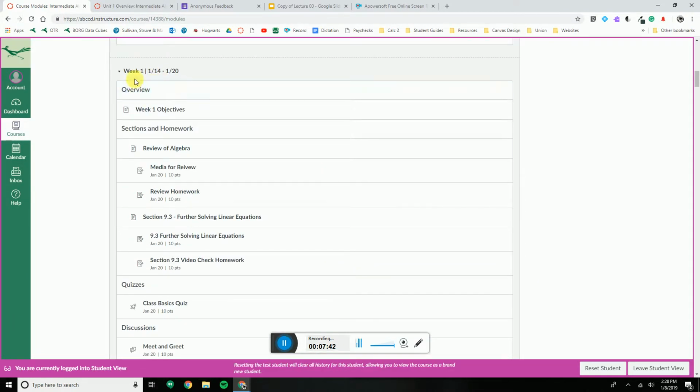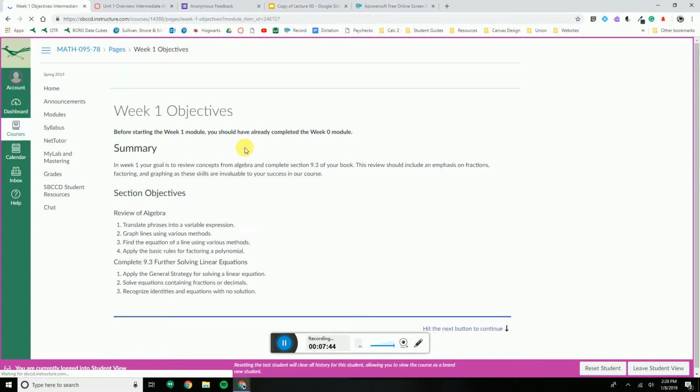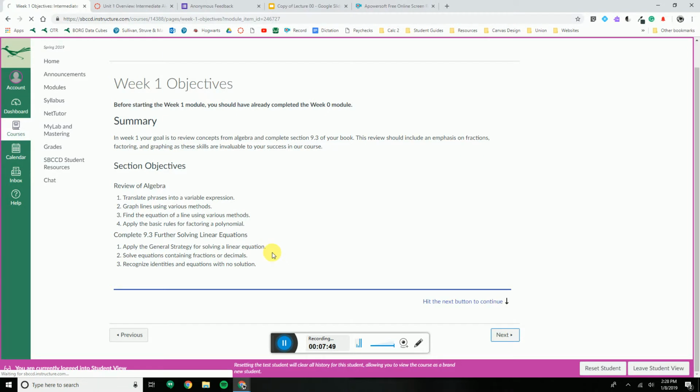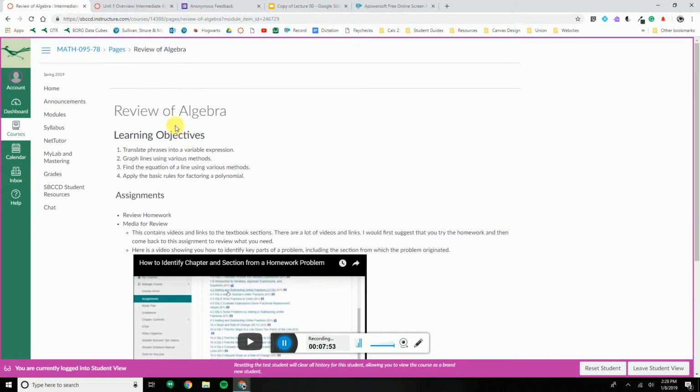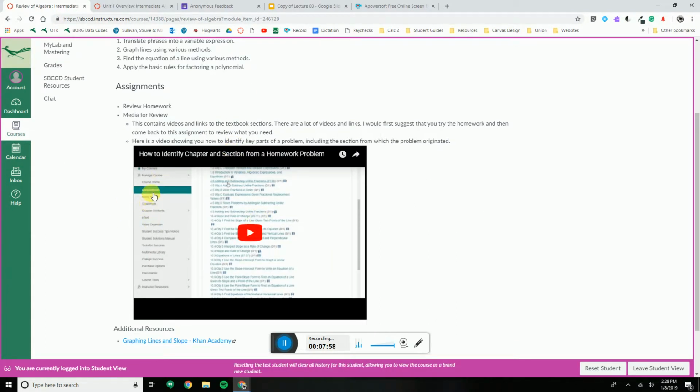Okay, so that brings us to our first week. You'll see objectives. You can read through the objectives, and then you'll hit next and get to a section of the book. So this is review of algebra. There's a video showing you how to get to My Math Lab and go through all of the videos in the book. So if you're missing little chunks here and there, you can kind of fill in the blanks like,